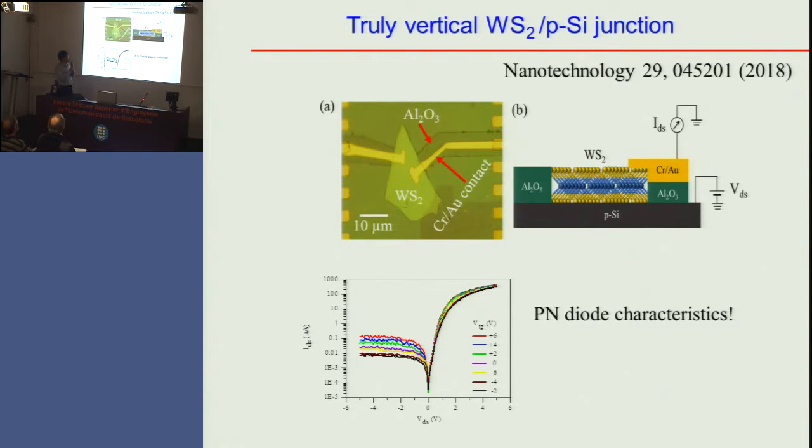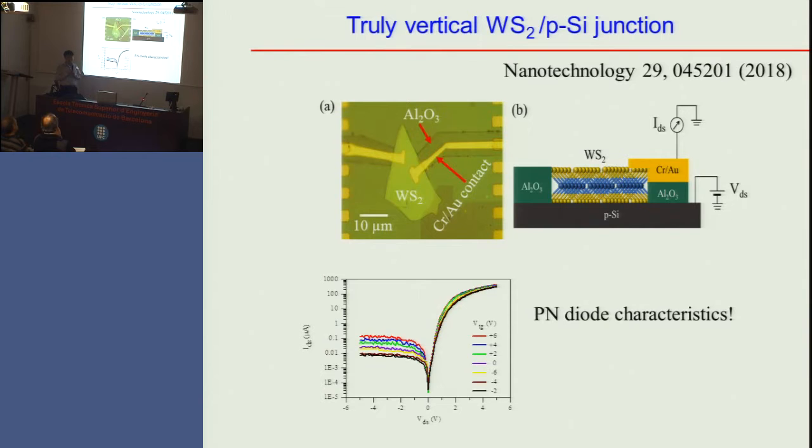Here's another report, and actually a report done by our group. Another category is like this: not just simply two-dimensional material. The P-type silicon substrate is a regular substrate. By putting just N-type two-dimensional material on that, without doing anything, they could also make PN junctions. One is the P side, the substrate itself, and the N-type is the two-dimensional material just put there. And they can make rectification, PN diode behavior like this.